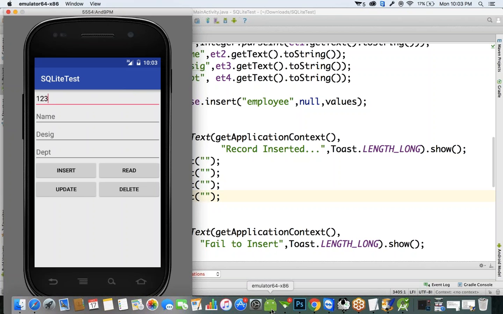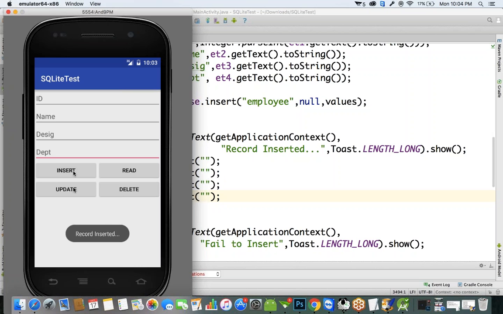Okay, so first specify the ID. What is the ID? Name. So what is the name and designation and department? Okay, so once you click this insert button,